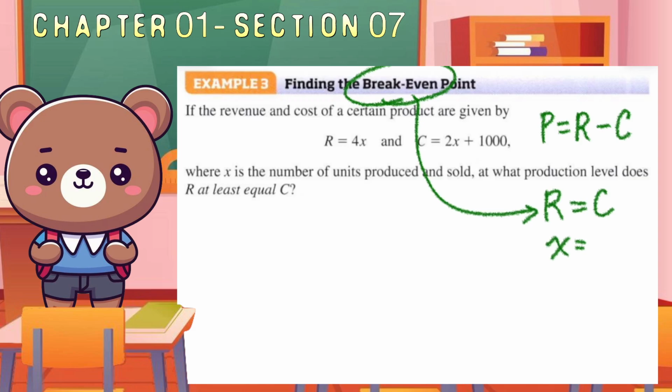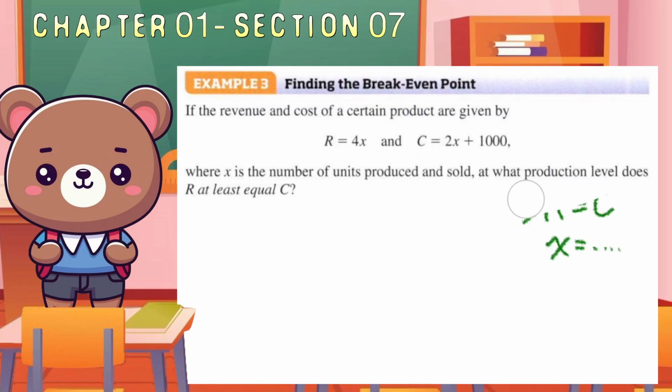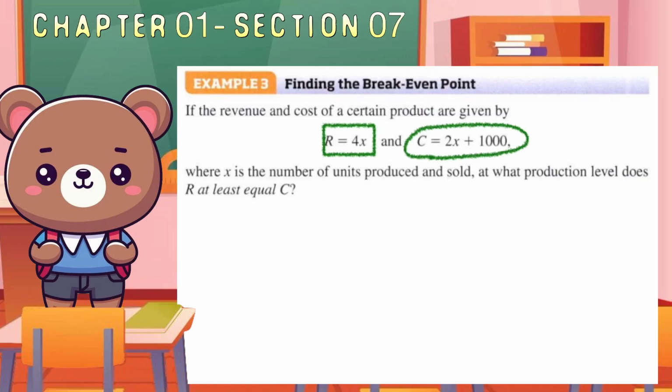So that X is going to tell you how many cups of lemonade you have to sell, how many t-shirts you have to sell, how many tickets you have to sell, whatever it is. X stands for how many of that thing we need in order to break even and then start making a profit. Okay. So if the revenue and cost of a certain product are given by R equals 4X and cost C equals 2X plus 1,000, where X is the number of